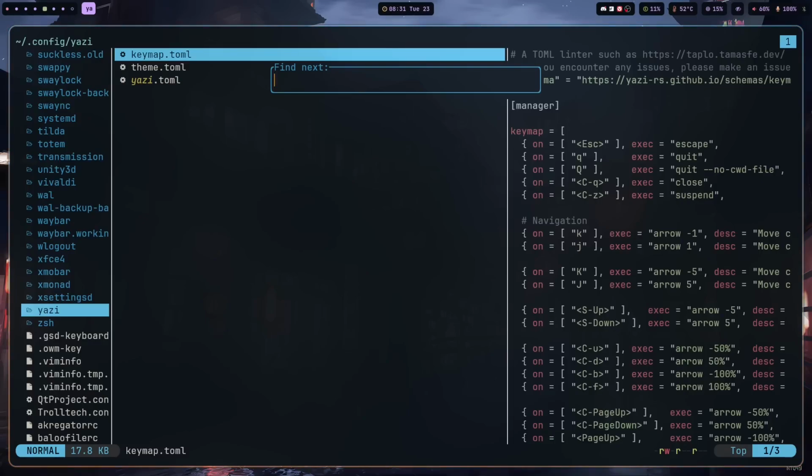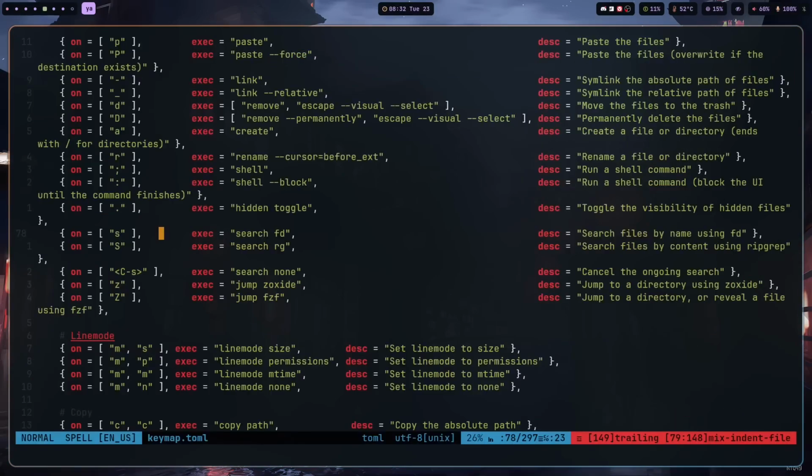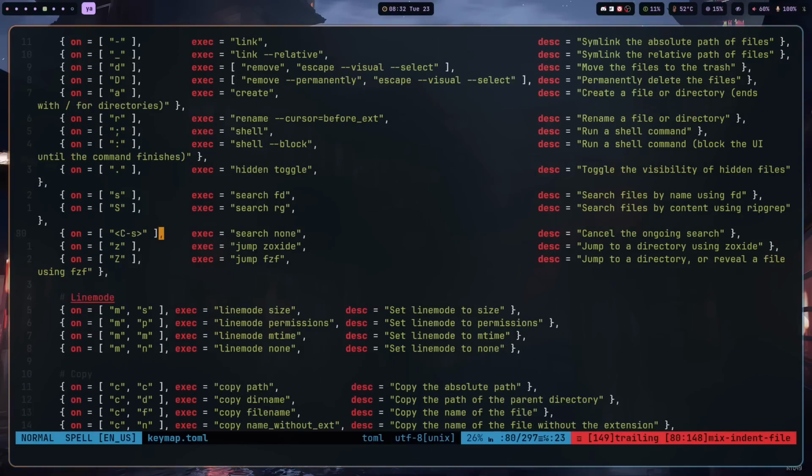Find and search are slightly different things in terms of what they actually search through, I believe. So if you can't find something with one, you probably want to use the other. I think search is the more broad tool. It'll allow you to search more broadly than find will. So that's search. You can also cancel an ongoing search or jump to a directory if you have Zoxide or